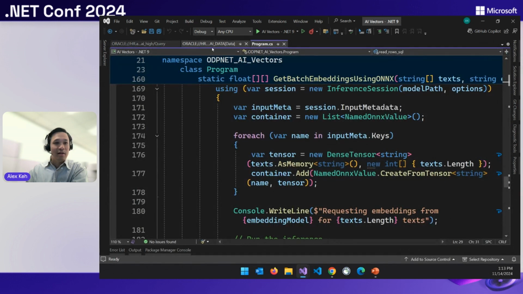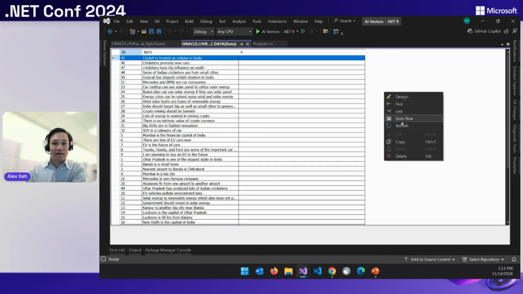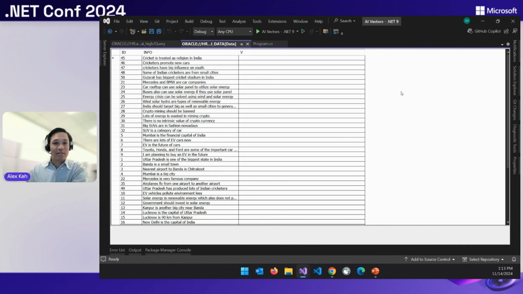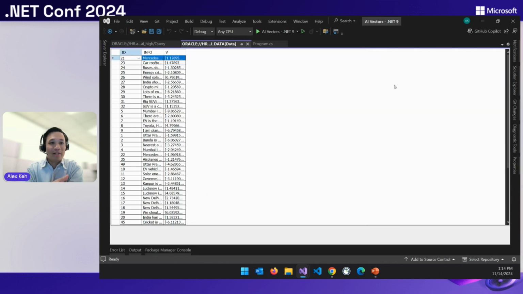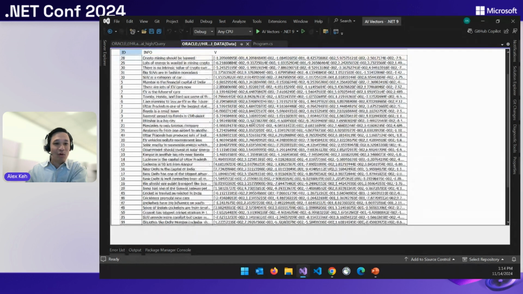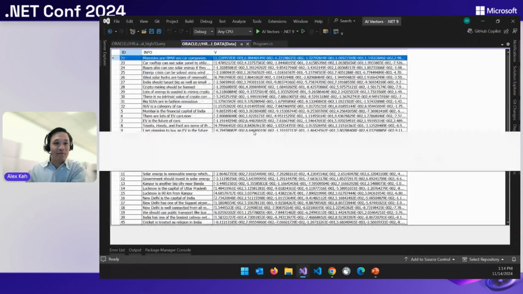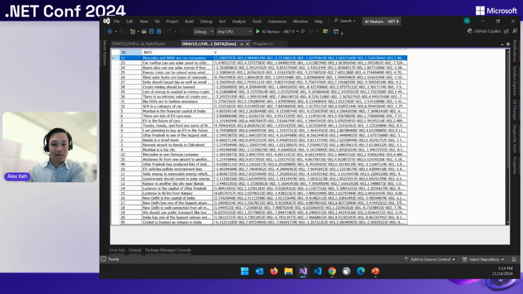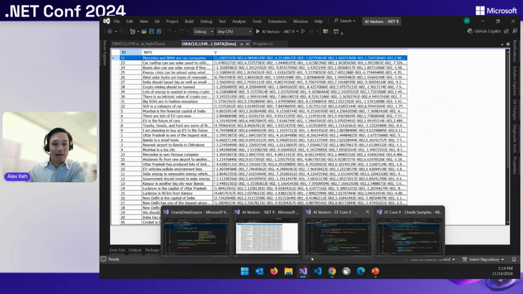We'll take a look again at the vector column and see if it has indeed been updated. And what we should see are just a bunch of arrays on the right side under the V column to indicate all the text information quantized into a bunch of numbers. And we see that's happened here. You can see a bunch of vectors have been populated for each row of the 50 rows that we have. So now that we have the vector information,